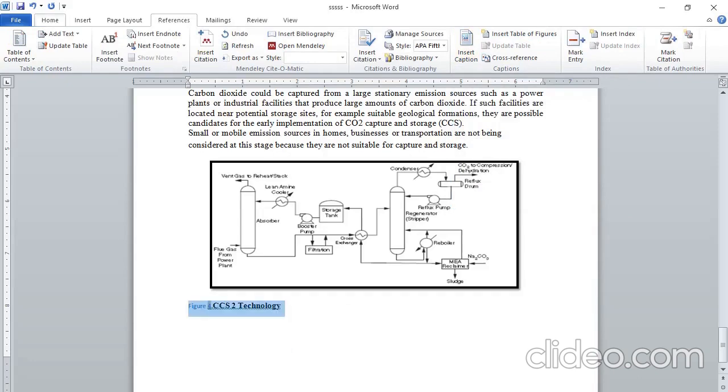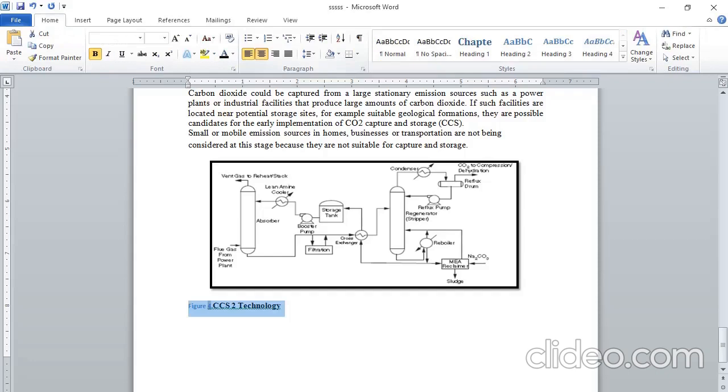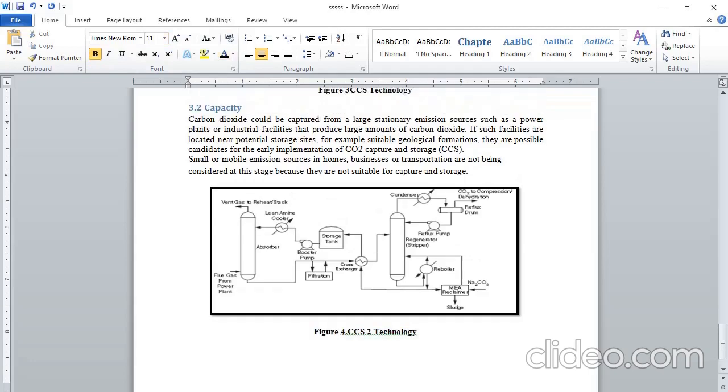Insert it and change its font and size according to the previous figure. You can also use the format painter option for it, so you can have uniformity of font as well as size.